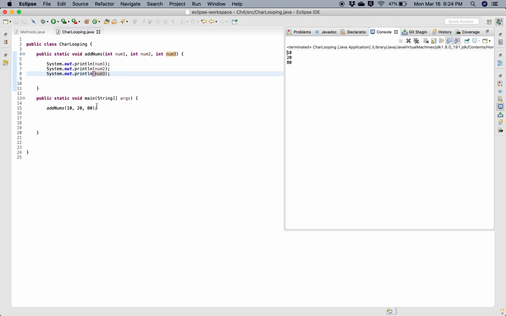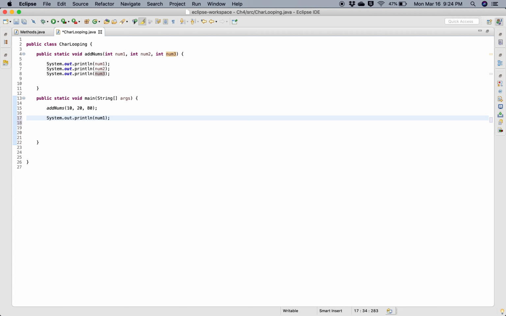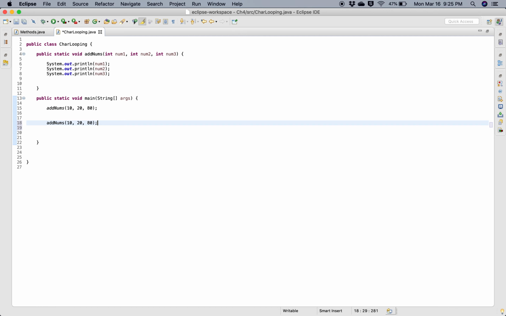Now keep in mind, because we expect to call functions multiple times in our program, num1, num2, num3, or any parameter that you have in your methods, will always change. So now if I call the method again with completely different numbers, let's say negative 50, and then let's say 90, and then 180,